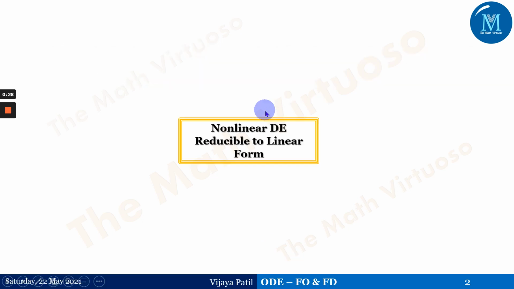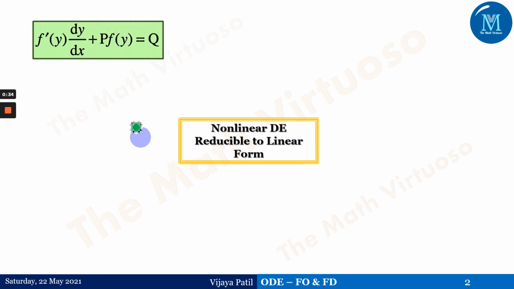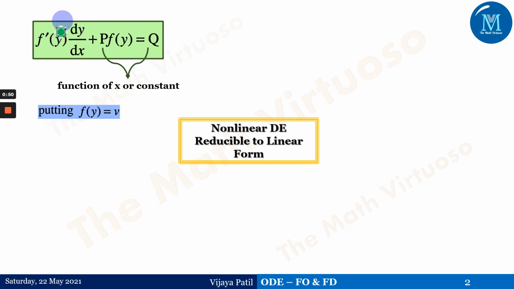the linear form. Now under this non-linear differential equation reducible to linear form, we have two different forms. The first is f dash of y dy upon dx plus p into f of y is equal to q. If you have it in this way, where p and q are functions of x or constants, similarly, f dash of y and f of y is present here with the coefficient p, wherein p and q are functions of x or a